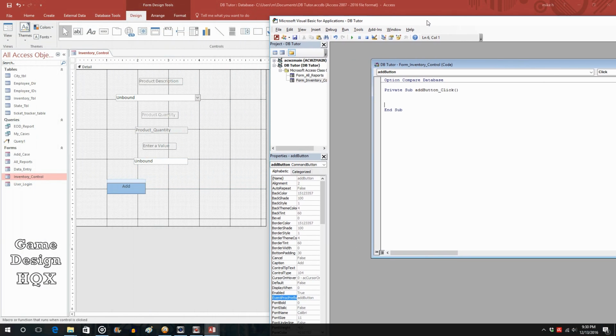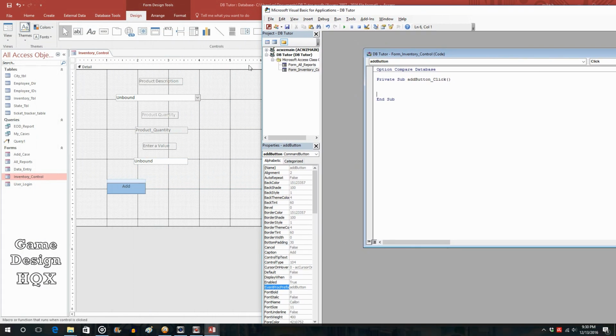Okay. So what do we want to happen when we click on the add button? Let's slide this over. What we want to have happen, this field needs to be modified by this field. So what would that look like? So this field, you address it by saying me. So me refers to the form that the object is attached to that has a script attached to it. So the script is attached to the button is attached to the form, so form is me. So me dot